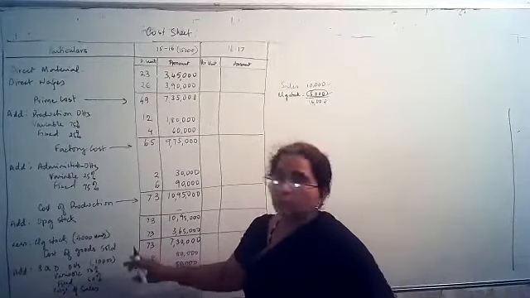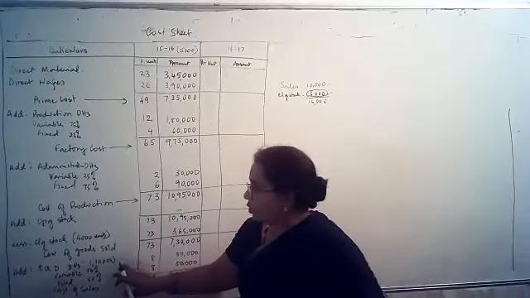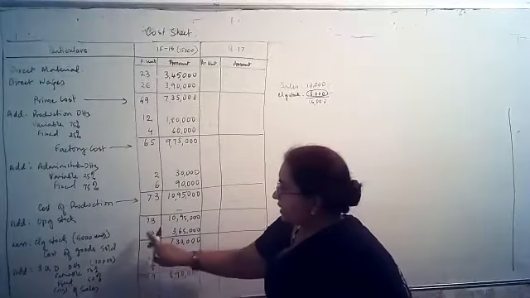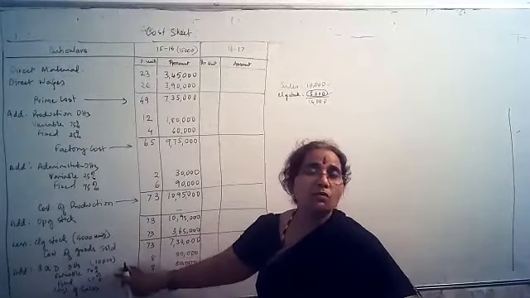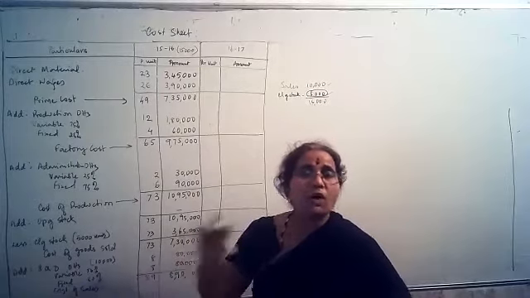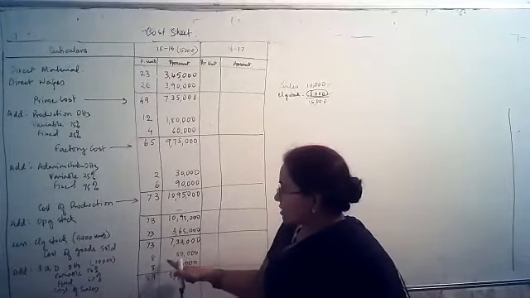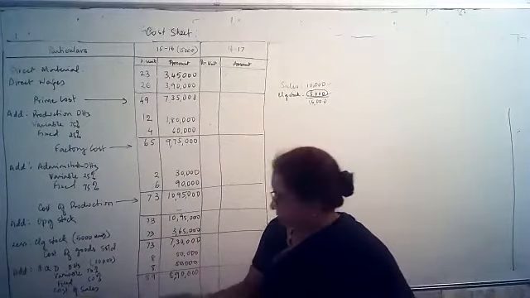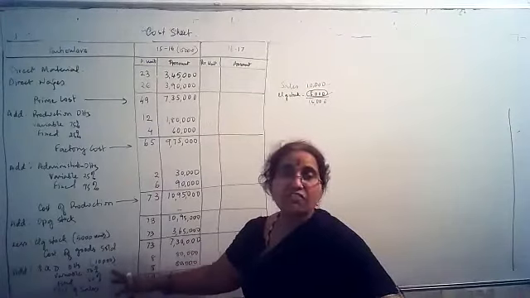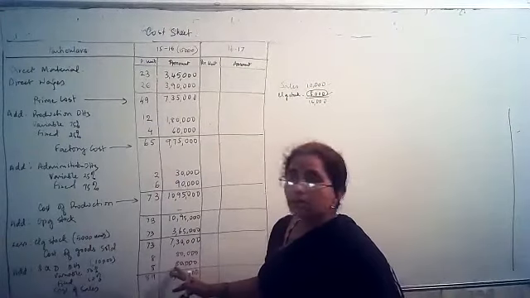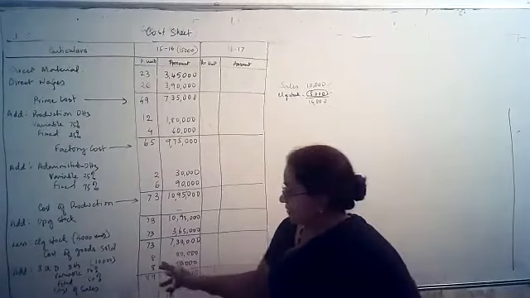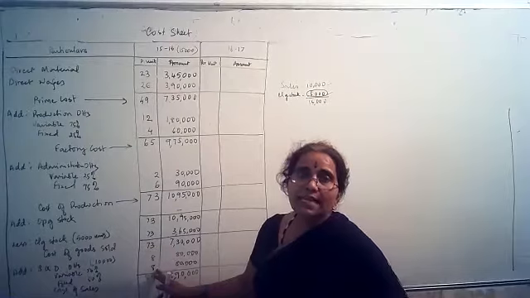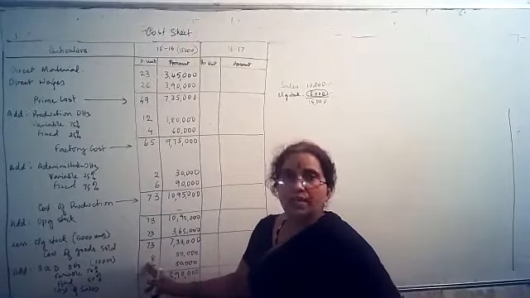I add to this my selling and distribution overheads. Now with selling and distribution overheads, you should be very careful. I have already reduced my 5,000 units, so all the expenses have to be bifurcated between only 10,000 units. Look at the expenses. It is 1,60,000. Variable and fixed are both 50-50%. So 80,000, 80,000. 80,000 divided by 10,000 will give me 8 rupees. So 8 rupees is the per unit selling and distribution expense for variable as well as fixed.